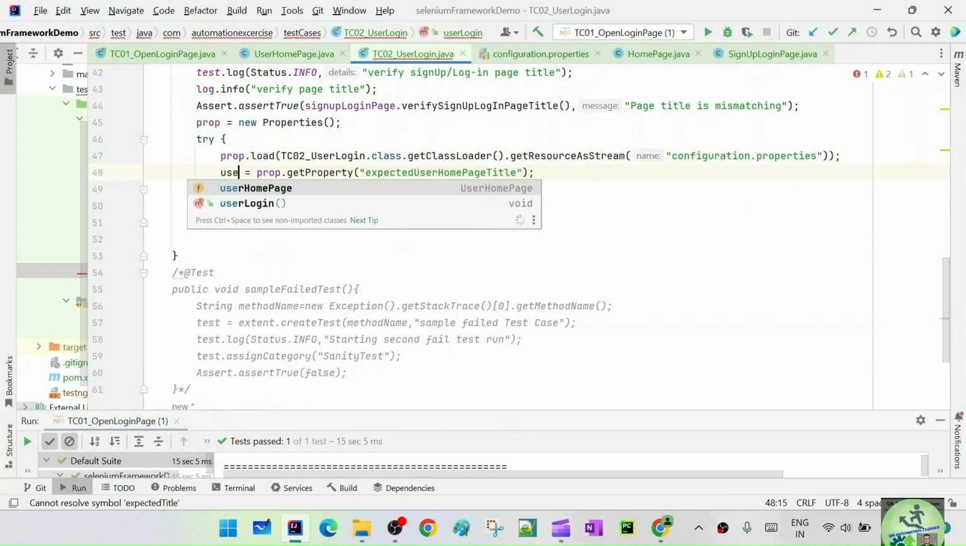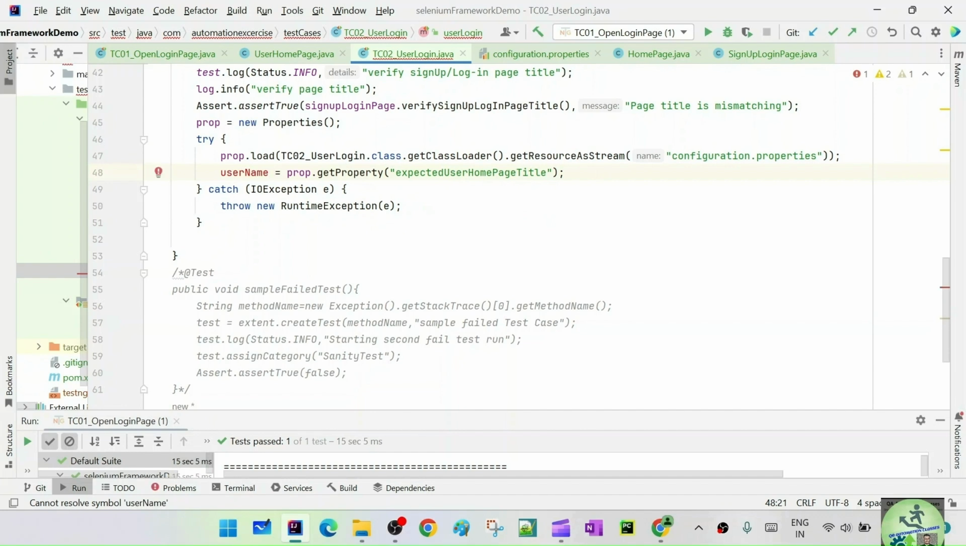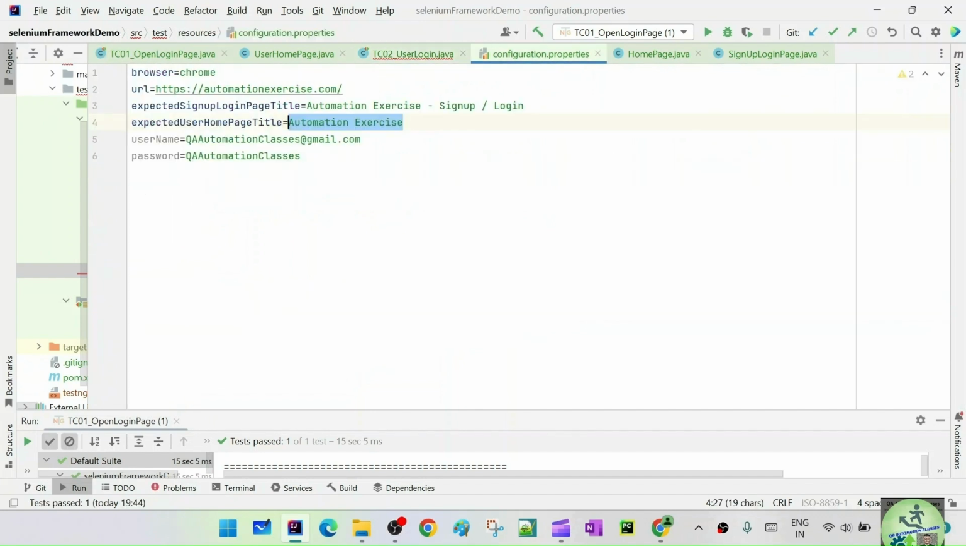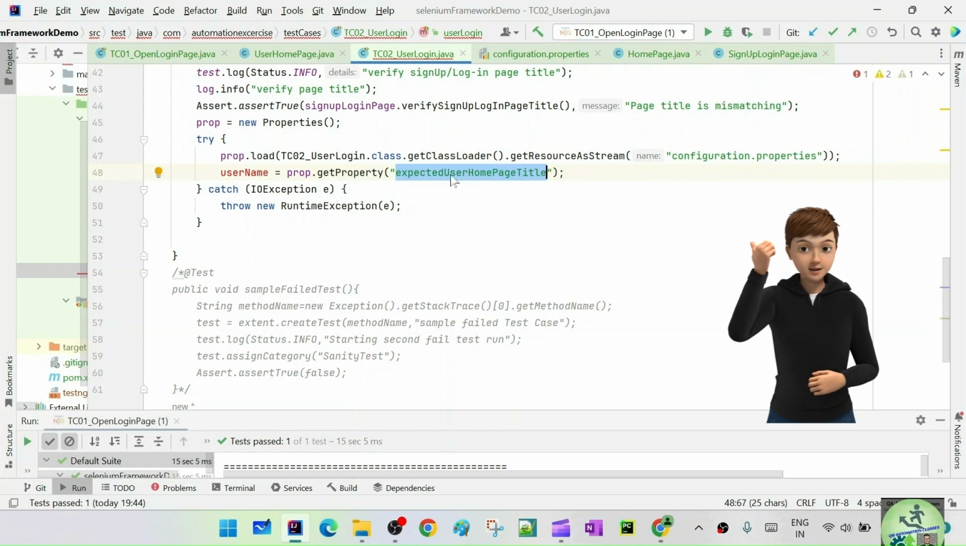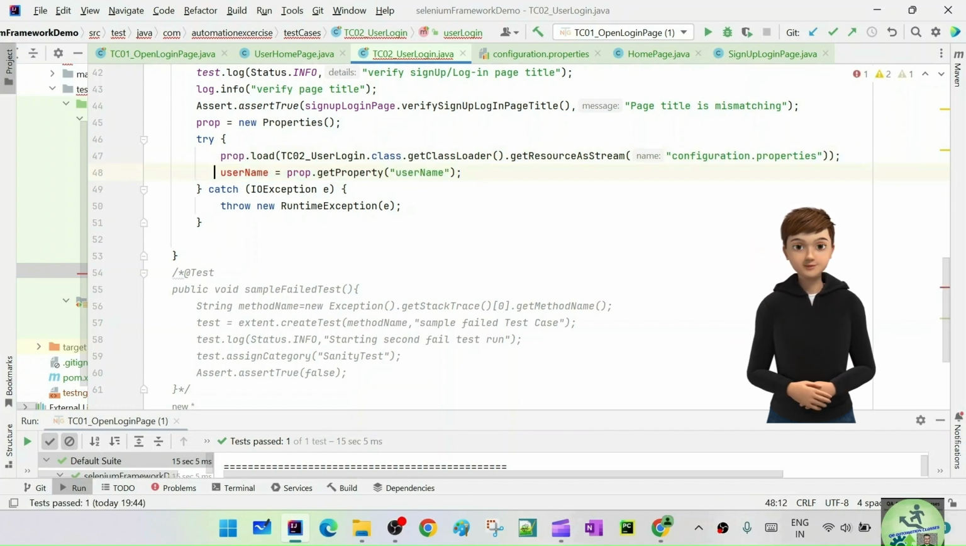Okay, so now we'll say username equals to prop dot get property. Let's go to the properties file and get the username, right? So let's put it as the username. Okay, so these are the actual credentials that will work. So put that as the username, and similarly for the password, you can go and do the password